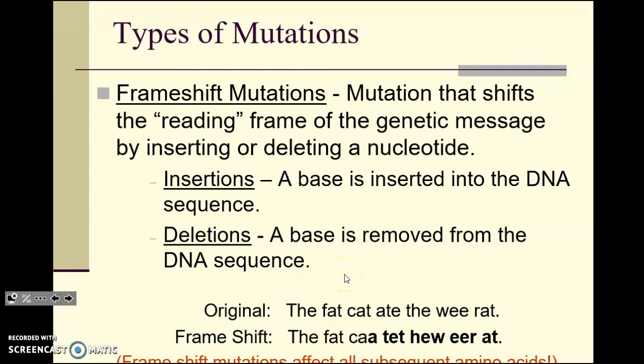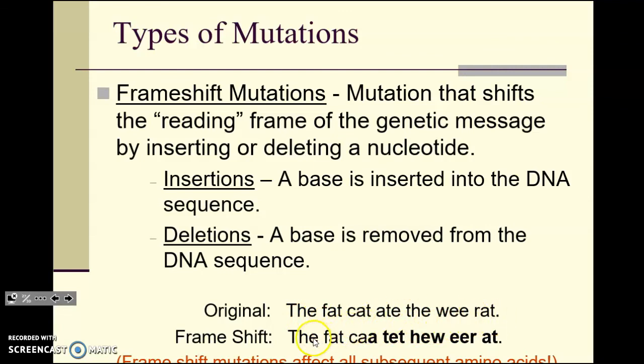One way to think about that is it's at one point in the DNA sequence that something changed. Now, a frame shift mutation is different. In this case, you can have insertions and you can have deletions. You could have a nucleotide added in a random place, or you could have one that was removed in a random place. So, like the example here I have at the bottom, original here, the fat cat ate the wee